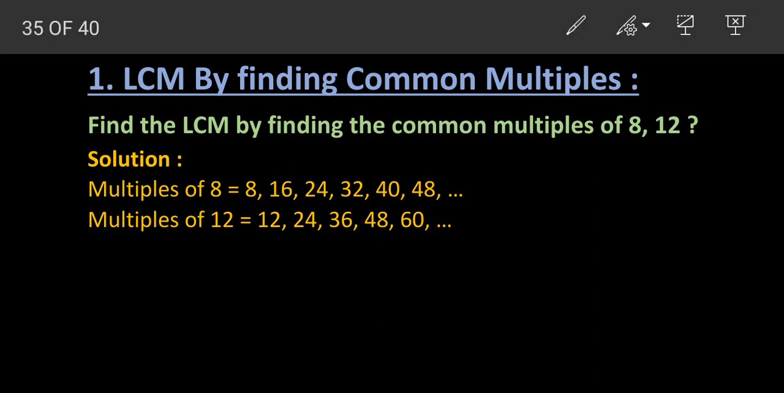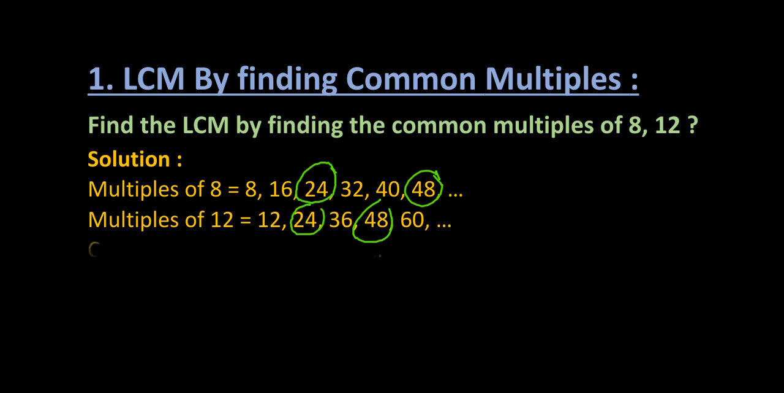Next step is you have to select the multiples which are common in both the numbers. So here 24 is present in both the numbers, first common multiple. Then second, 48 is present in both the numbers. So the common multiples are 24 and 48. Next we get by multiplying 3 with 24, that is 24 × 3 is